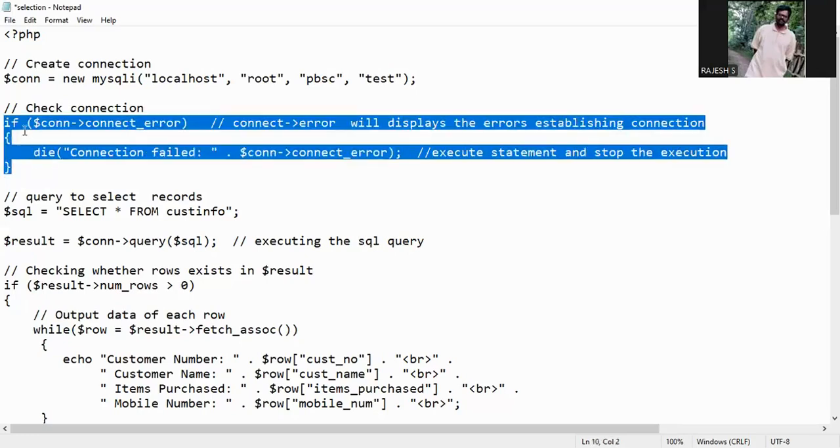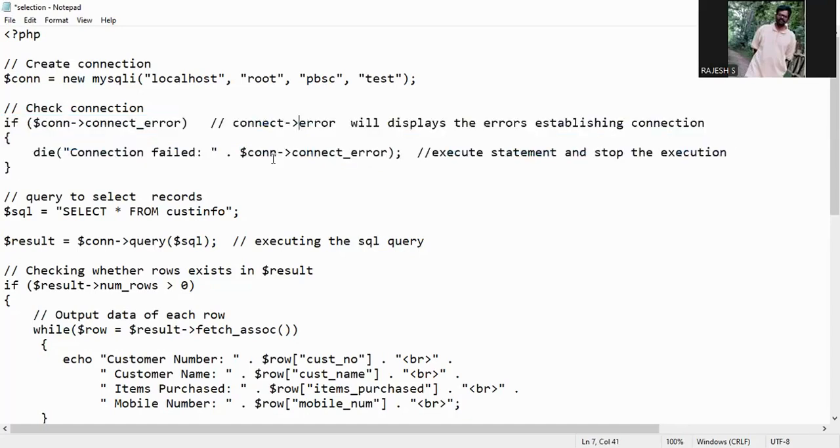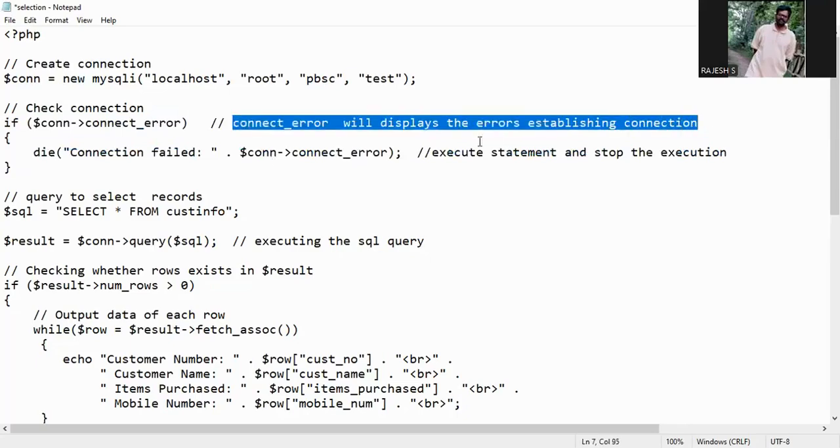See here, object name, arrow mark symbol, method name. Object name is $conn. Method name is connect_error. This connect_error will display the errors in establishing the connection. If there are any errors in creating the connection, this method connect_error will display the errors in